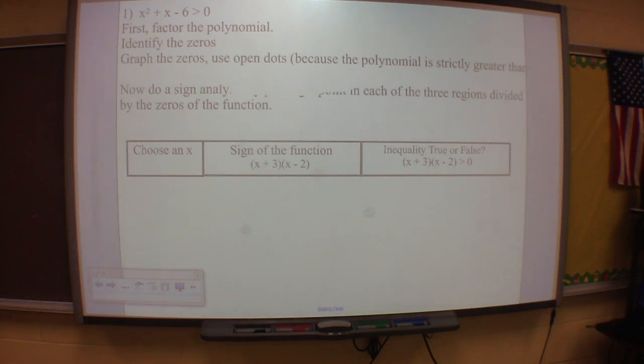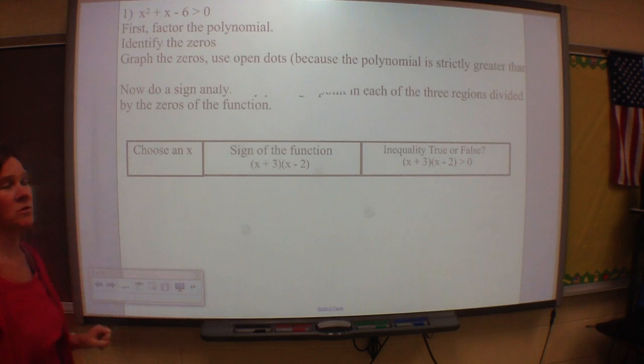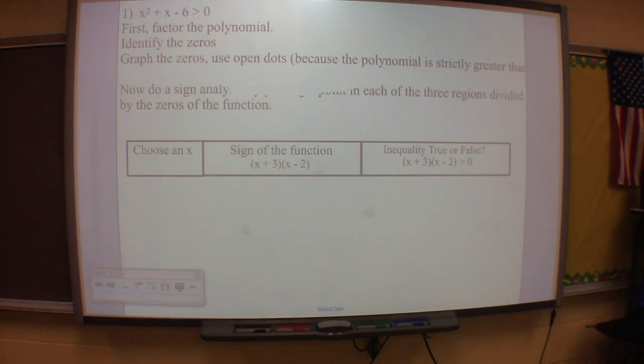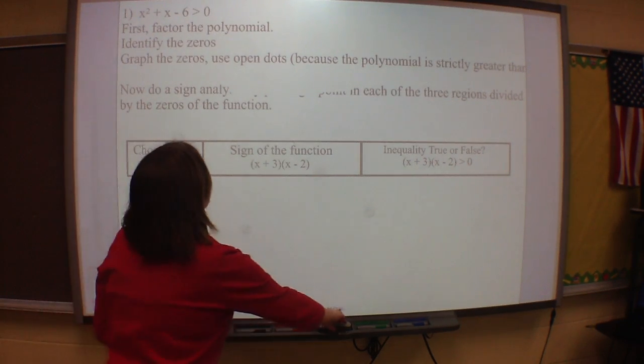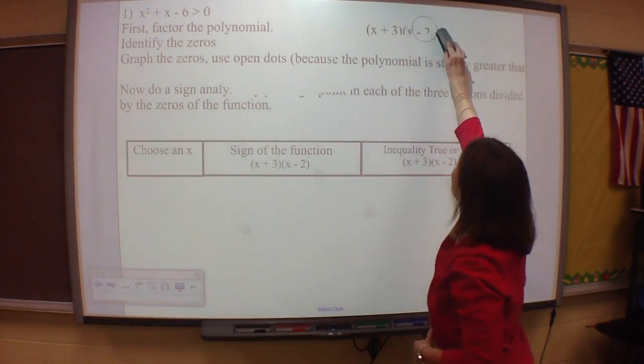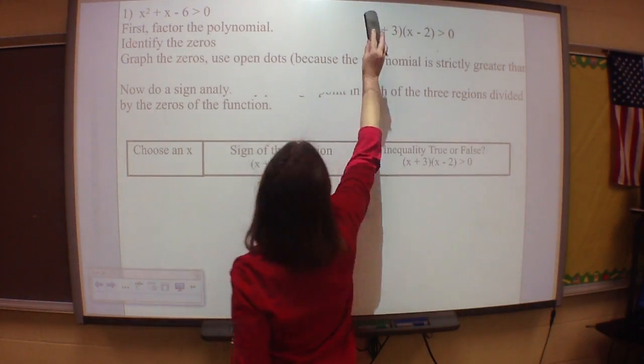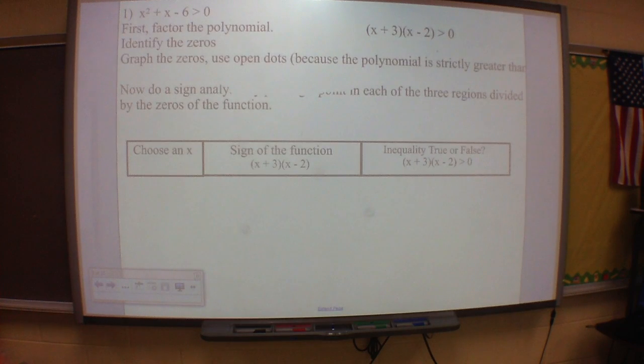So first of all, we're going to do a sign analysis. We take our polynomial, which is x squared plus x minus 6 is greater than 0. There's my polynomial inequality. And we're going to factor that. And we know when we factor that, it factors into the quantity x plus 3 times the quantity x minus 2 is